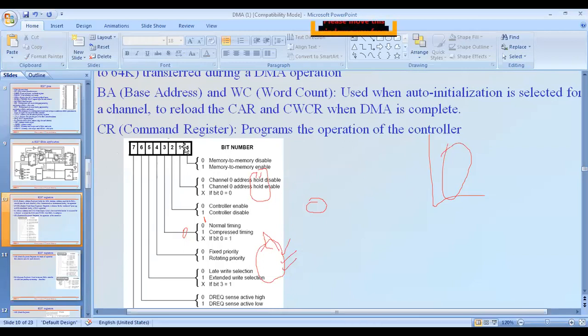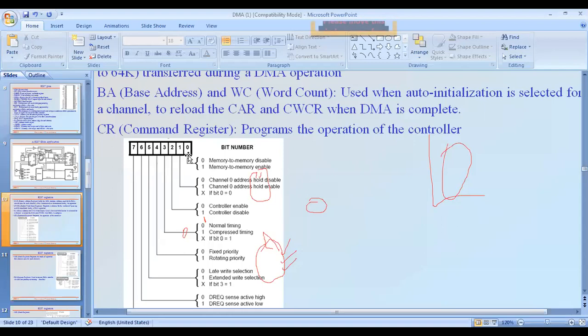Actually, DMA is used to transfer data from memory to memory and IO to memory. But if this D0 bit is initialized with 0, memory to memory transfer is disabled. If it is 1, it is enabled.